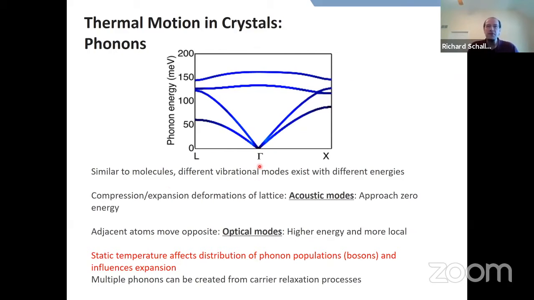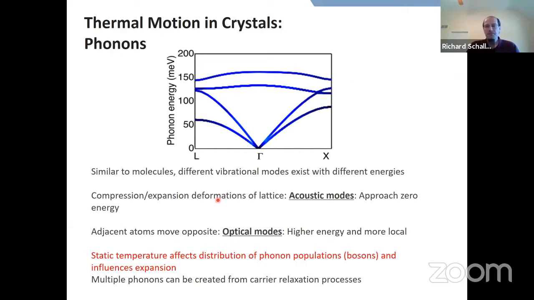The key feature of a typical phonon dispersion curve here is that you have two classes of phonons. There are acoustic modes, which are compression and expansion of the whole lattice. Most of the atoms are moving in the same direction at the same time in that sort of motion. But compressional waves, kind of like an accordion. And even though they can be low energy, these are the ones that go down to near zero. These do distort the lattice and deform it, and that can have substantial energy implications